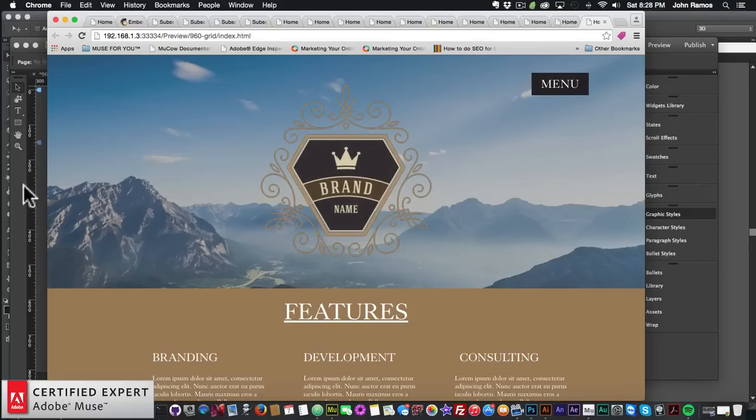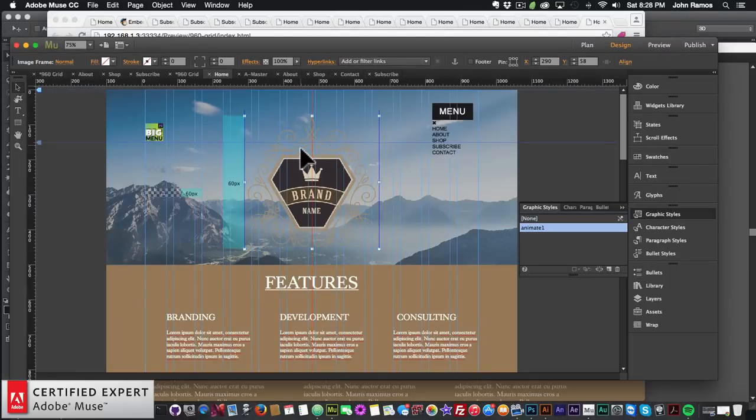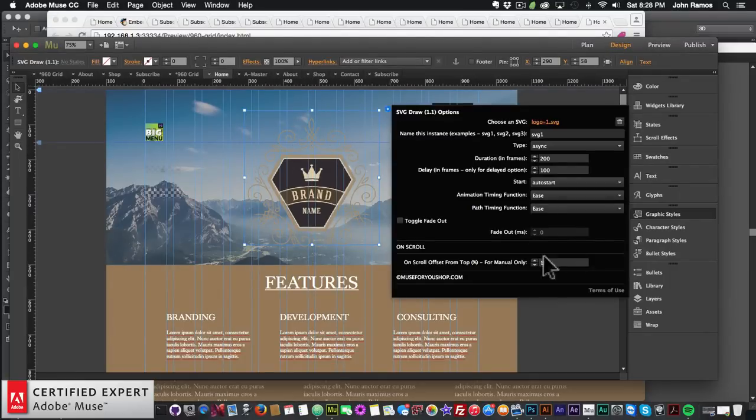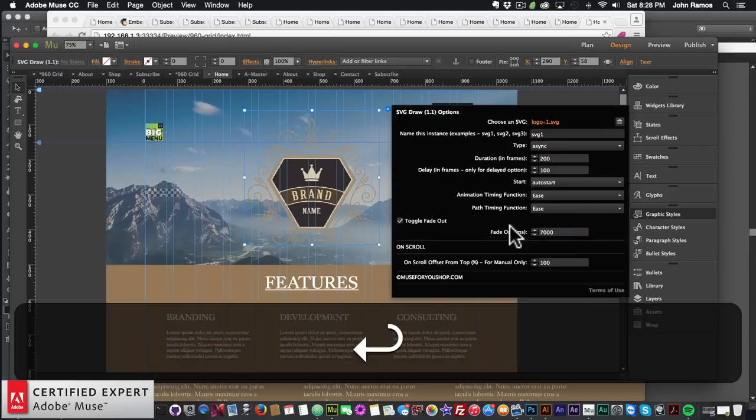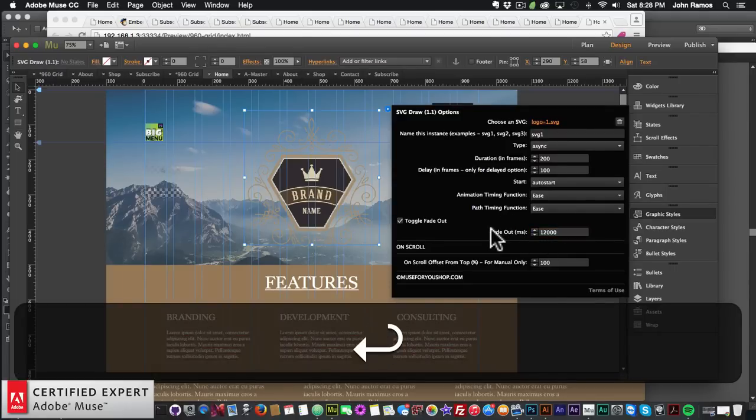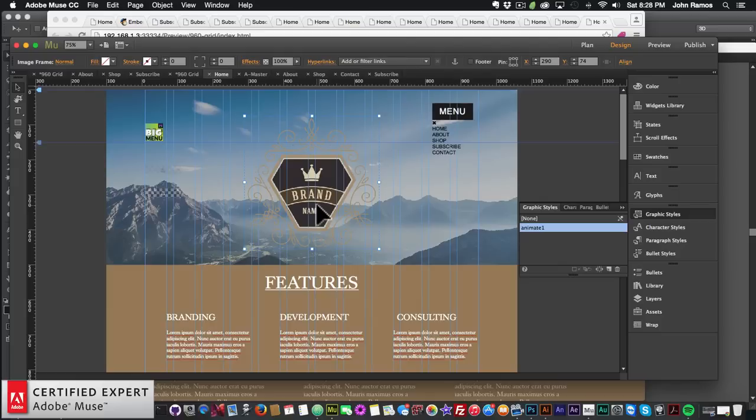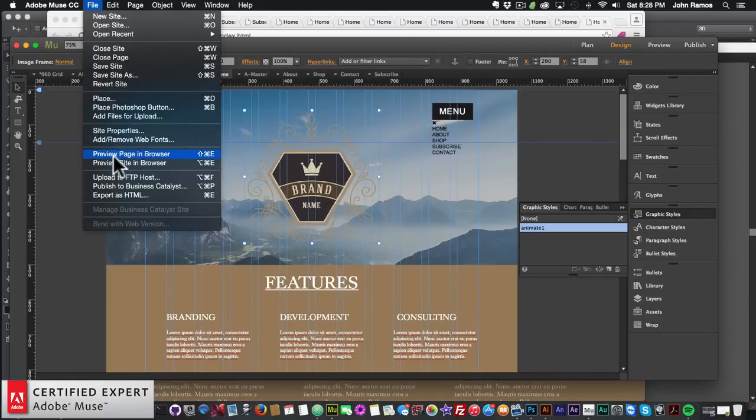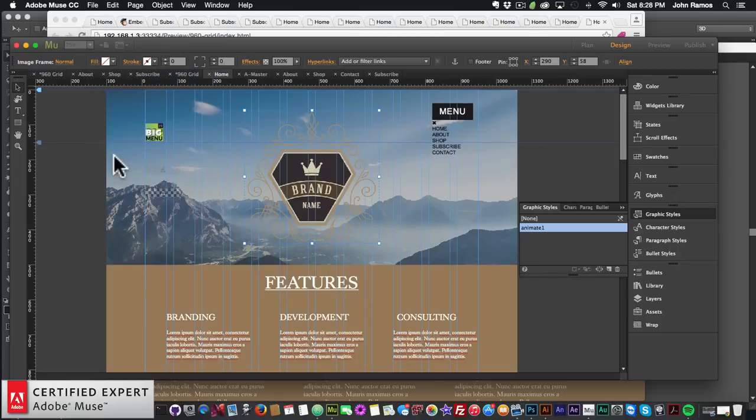And because we can still see the lines, I want the SVG to fade out. So I'm going to select the SVG back here, and then toggle the fade out, and I'm going to say after 7 seconds, or actually after 12 seconds. We want that fade out to be longer so that the effect of the SVG stays there for a bit. We don't want it to start fading out as it's drawing. So I'm going to say File, Preview Page in Browser,